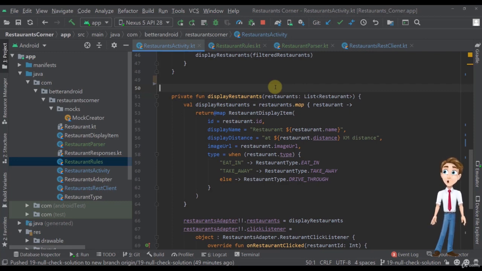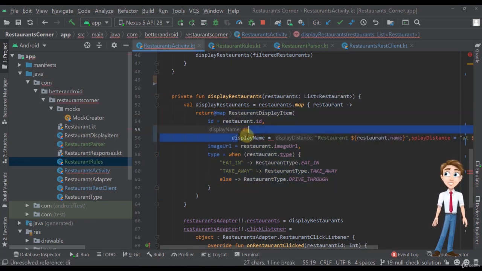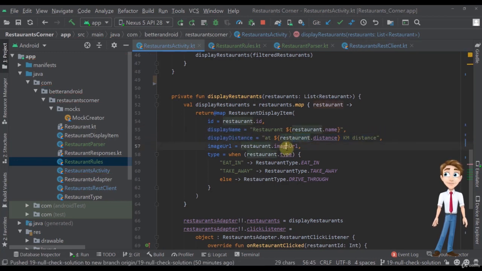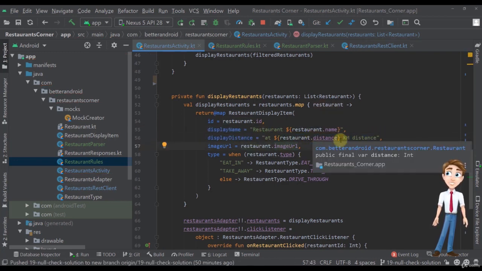Now, if you already use a view model, I'm really glad that you do. But for those of you that don't know what a view model is, it's basically a class that helps you prepare the data to be presented. And that's why it used to be called a presenter. It's much more suggestive that way. But right now we kind of call it view model. And what a view model does is it basically takes the data that it has, the domain data, so the restaurants that we handle within the app, and converts it to something UI friendly. In our case, it has a display name, it has a display distance,